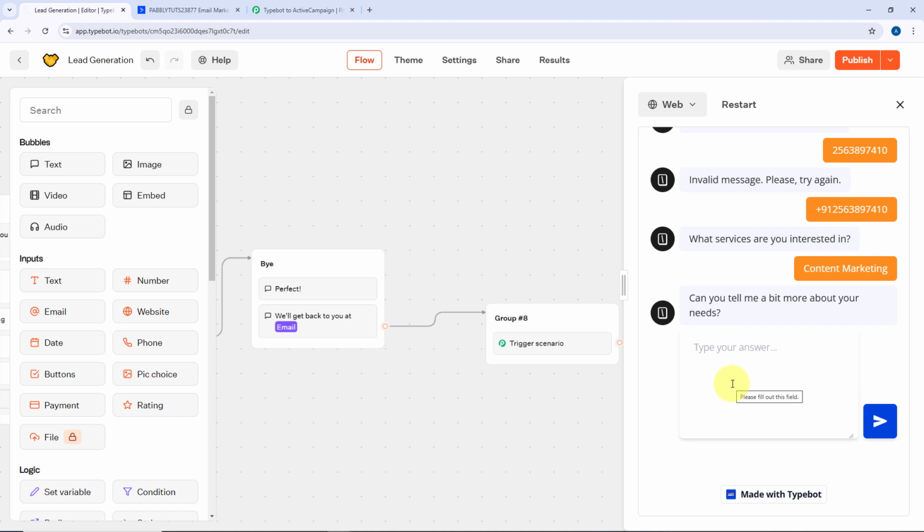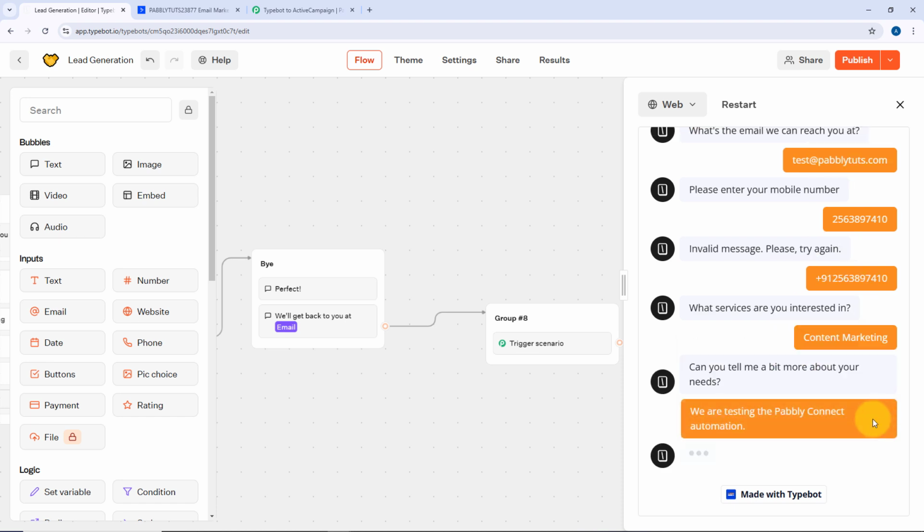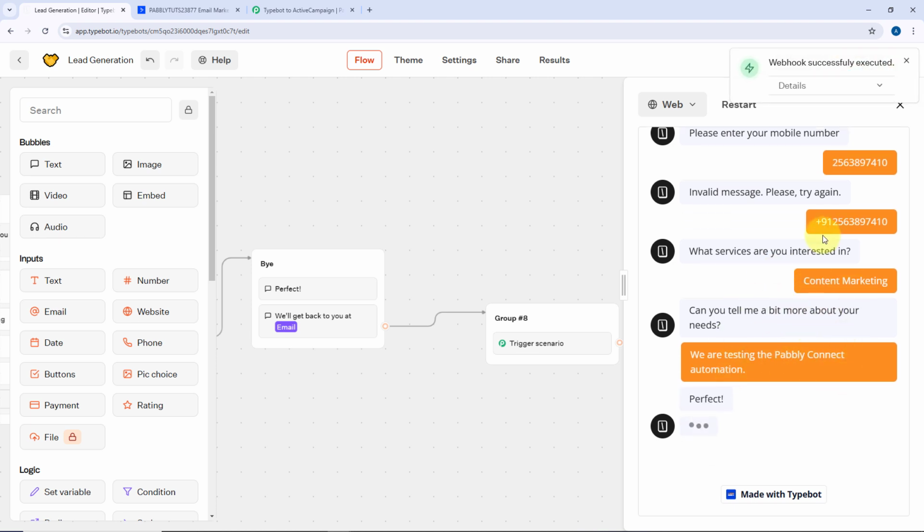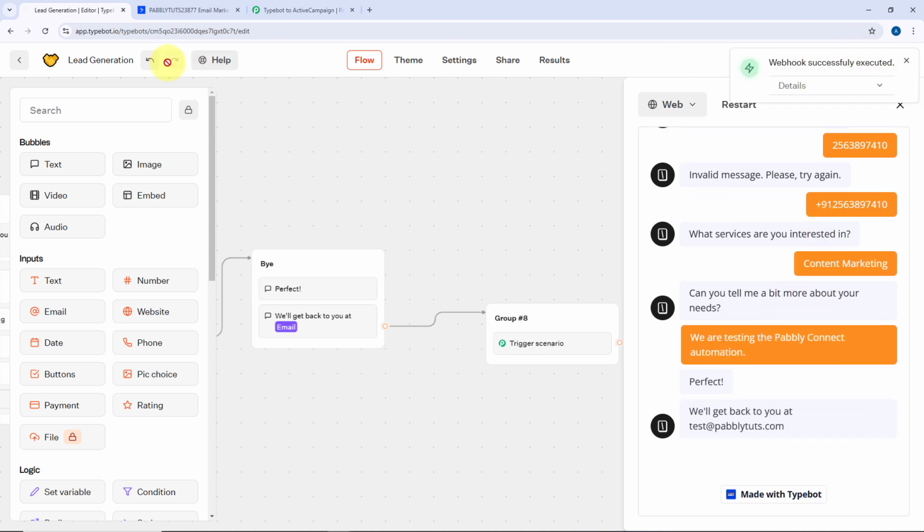We are going to enter the important note as we are testing the Pabbly Connect automation. We are testing the Pabbly Connect automation. This is the message which I have entered. Let's send it too. So just now we had a good conversation with our chatbot which we have created using